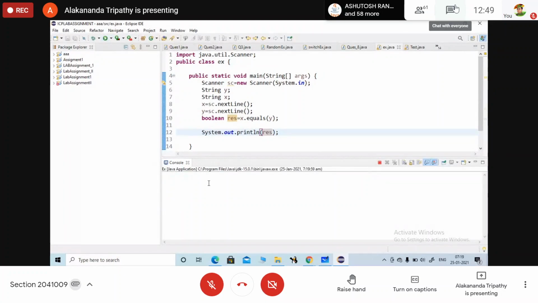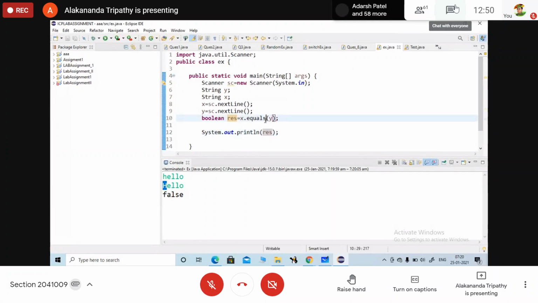Now if I write hello in lowercase, and in the next case I write Hello with uppercase H, what will be the output here? False. Why is it coming? Because here H is taken in uppercase.